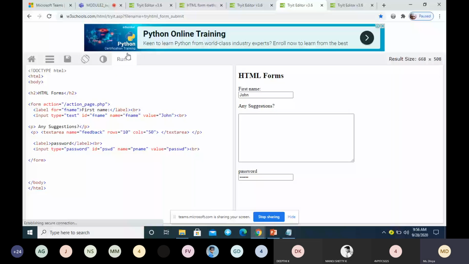The password is also a single line entry box. But whatever data the user enters will be shown in the form of bullets or sometimes other special characters. Most commonly you can see bullets and stars, the asterisk symbol. So this is about 3 text input controls. Moving on to the next one, email.